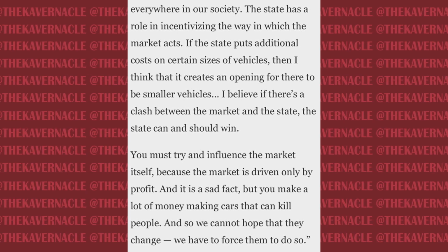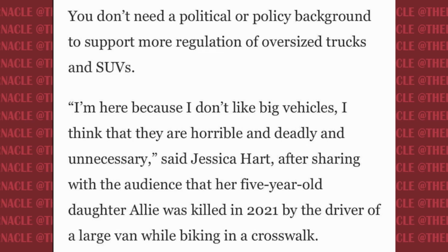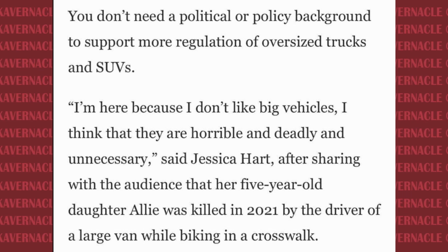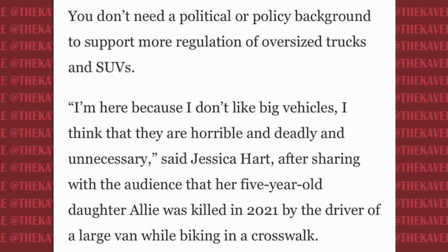And so we cannot hope that they change, we have to force them to do so. The article just goes on to say, you don't need a policy background to support more regulation. Jessica Hart said, "I am here because I don't like big vehicles. I think they are horrible, deadly, and unnecessary." And she lost her 5-year-old daughter Alice, who was killed in 2021 by the driver of a large van while